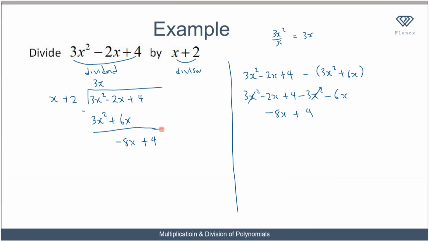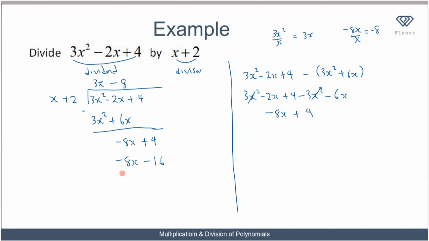So now I ask myself the same question: what can I multiply x with to get minus 8x? And it's pretty obvious, you have minus 8. Another way to think about it is you divide minus 8x by the first term x, which gives me minus 8. So I have to multiply by minus 8. So you get minus 8 here. Minus 8 times x gives me minus 8x, and minus 8 times 2 gives me